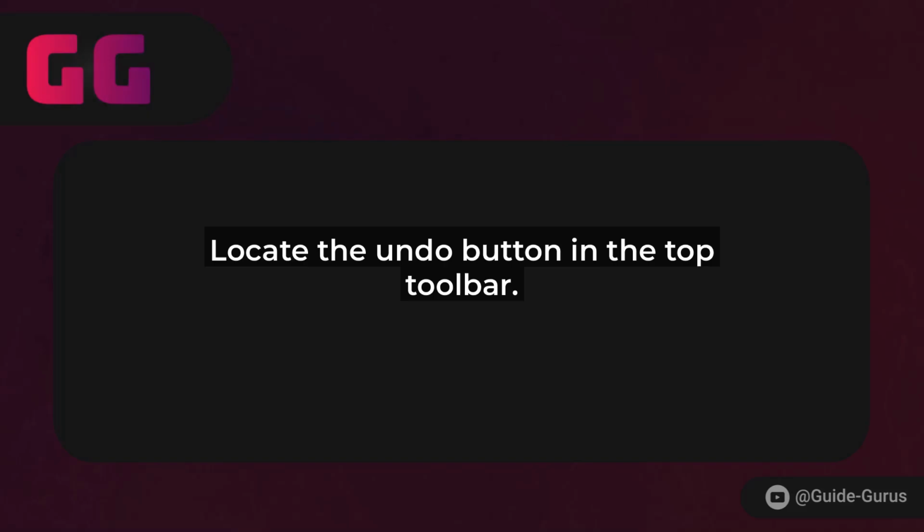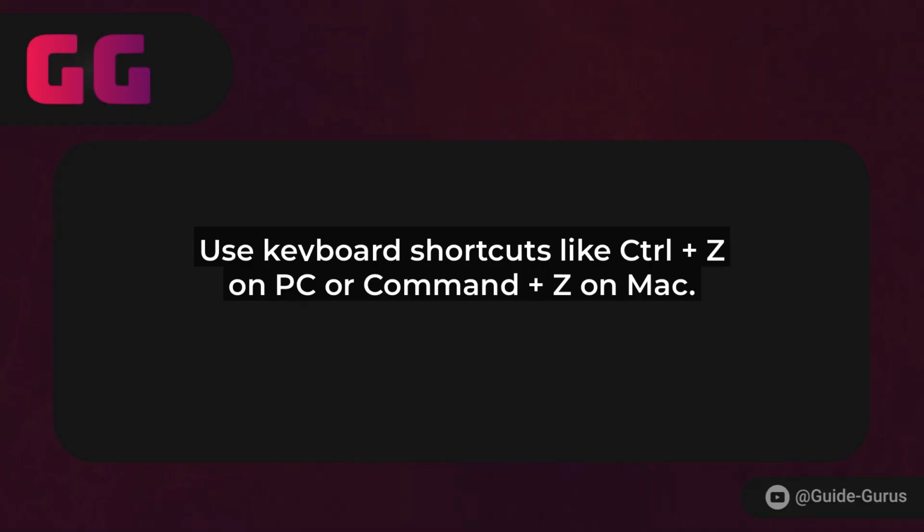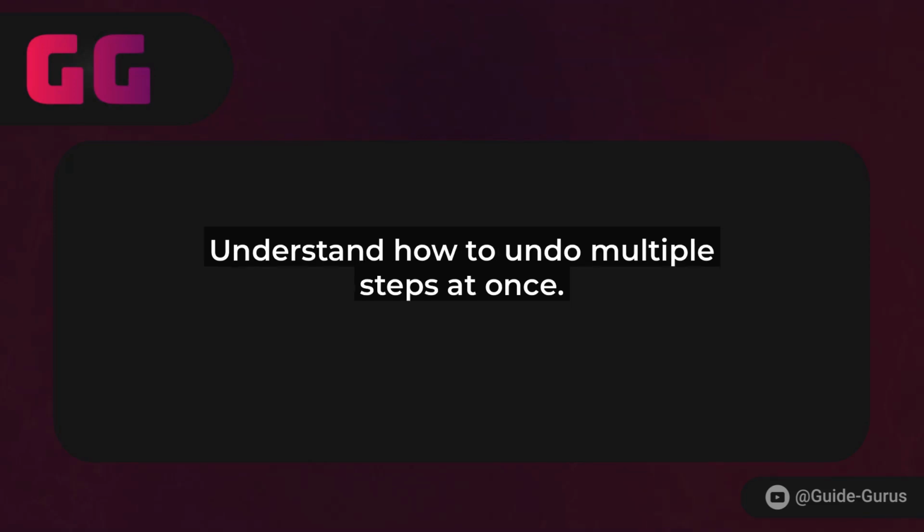Step 1. Look for the Undo button. In the 2025 version, it's typically located in the top toolbar, right next to the Redo option. It looks like a curved arrow pointing left, super intuitive. Just click it once, and poof, your last action is reversed. If you've made multiple changes, you can click it repeatedly to go back through your history, up to a certain number of steps depending on your plan.